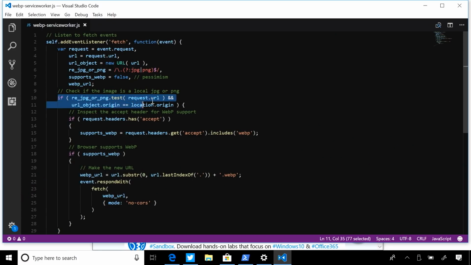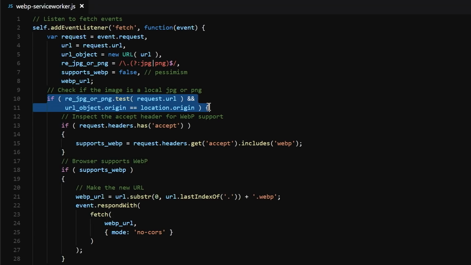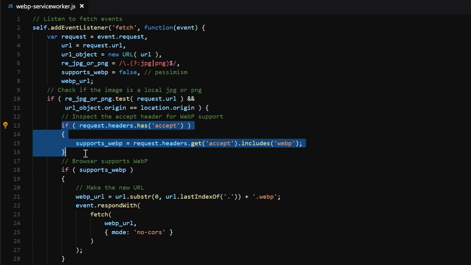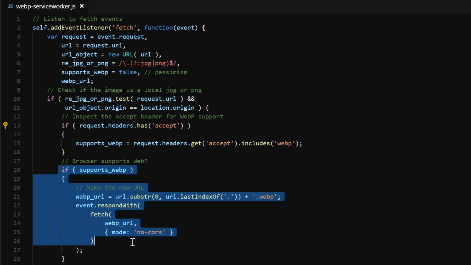You can even get specific about the kind of files that you want to deal with. So I've got an example up here on my screen where it's actually checking to see if I'm making a request for a JPEG or a PNG file on my local server. And then if I test to see that the browser actually supports WebP, so that traditionally has been Chrome, though Firefox and Edge now support it as well, it could actually swap that request for the JPEG or the PNG